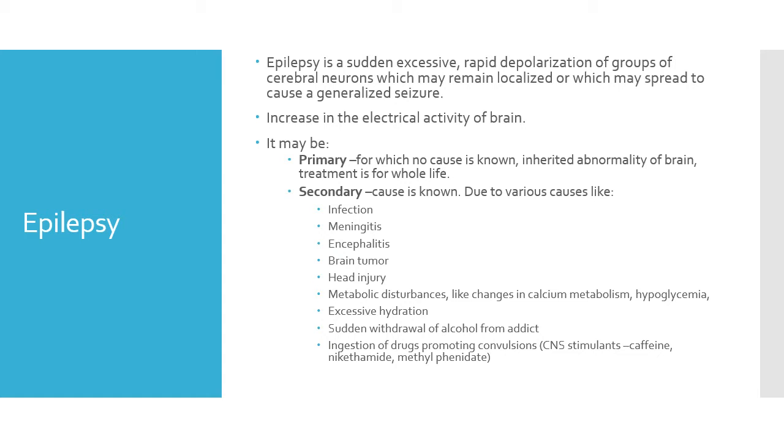First, let's just have a quick conversation about epilepsy. Epilepsy is a sudden, excessive, rapid depolarization of groups of cerebral neurons, which may remain localized or can spread to cause a generalized seizure. There's an increase in the electrical activity of the brain, and it can be either primary, for which there's no cause. It's either an inherited abnormality of the brain, or basically a genetic component where the patient is treated for their whole life. Or we often see secondary epilepsy, which is due to several causes like infection, meningitis, encephalitis, brain tumors, head